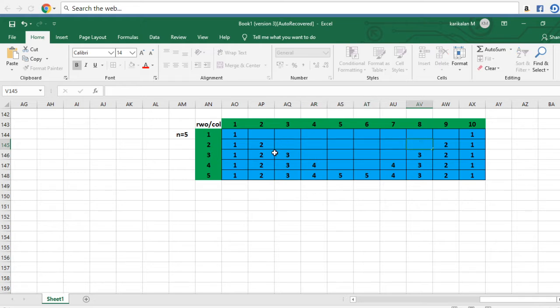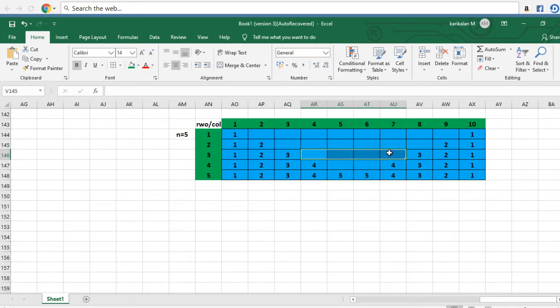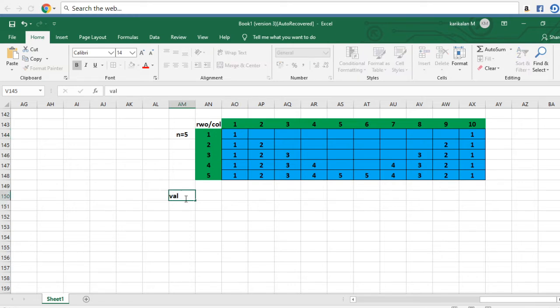Then your third row also prints 3 values, then spaces, then 3 values. Then your fourth row is the same thing, and your fifth row also the same. So here we print a value, then space, then again a value. First we are going to print a value, so I'm going to take value 1, then we are going to print a space, then we are going to print another value. I'm going to take this as value 2.